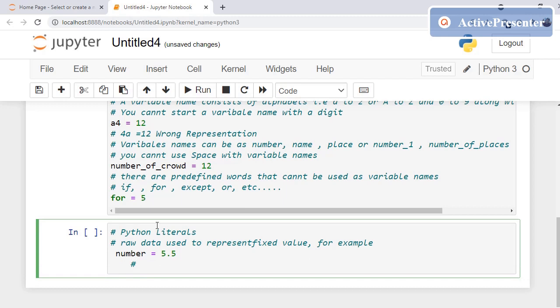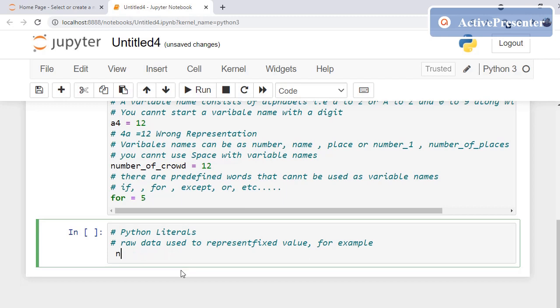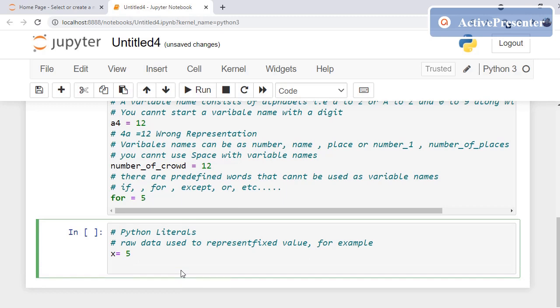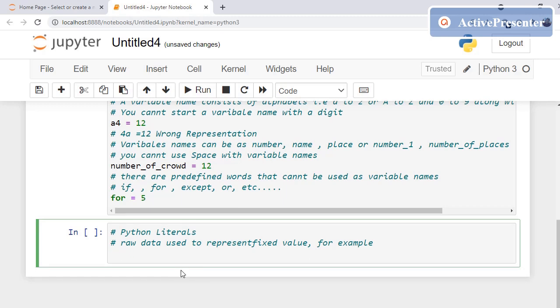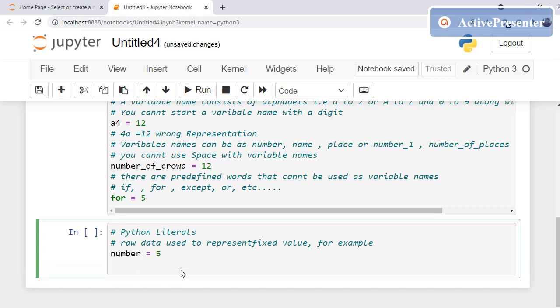So see, when I hit enter, it started from here by default. If I write x equals to 5 and hit enter, it starts in the normal place. If I write number equals to 5, the same thing is happening.